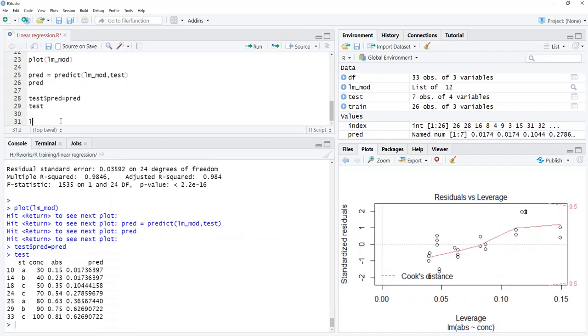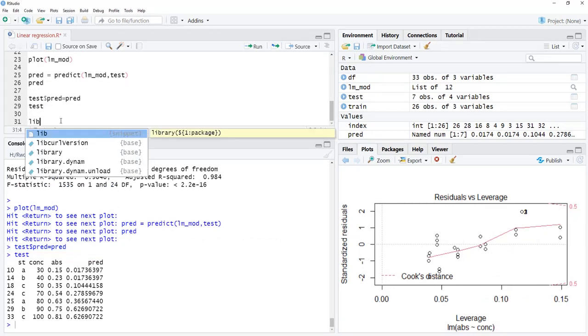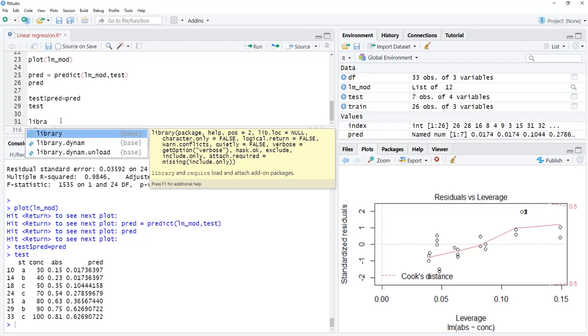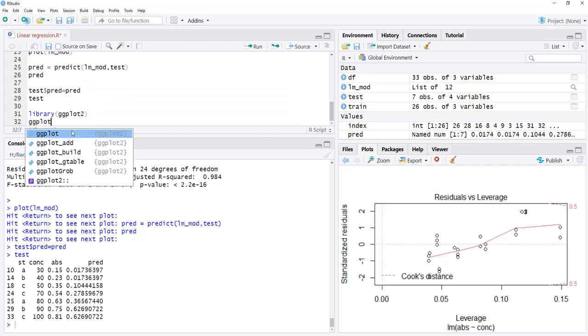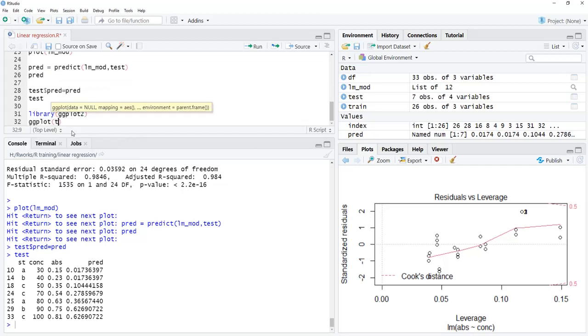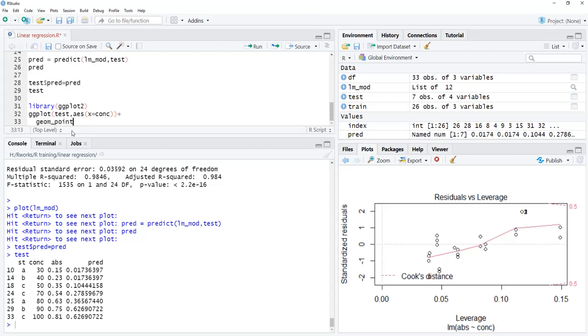To confirm further that these observed values and predicted values are not different, we'll use ggplot and library ggplot2. I am calling the ggplot function, and first argument is the data set, that is test here. Second argument is aesthetic mapping, that x is equal to concentration, and y we will give in geom_point function. geom_point, aes y is equal to absorbance, and color is equal to red to distinguish.